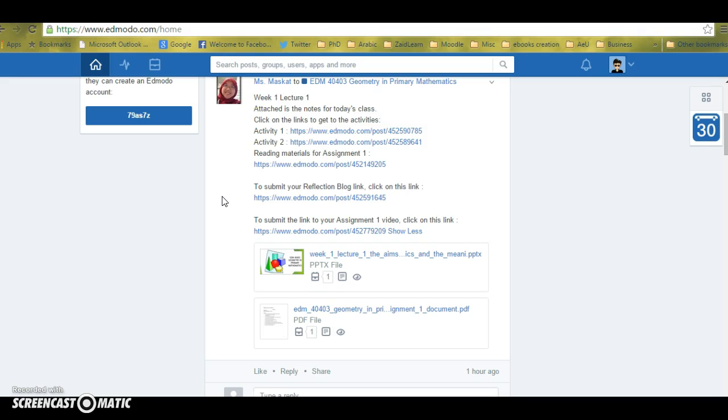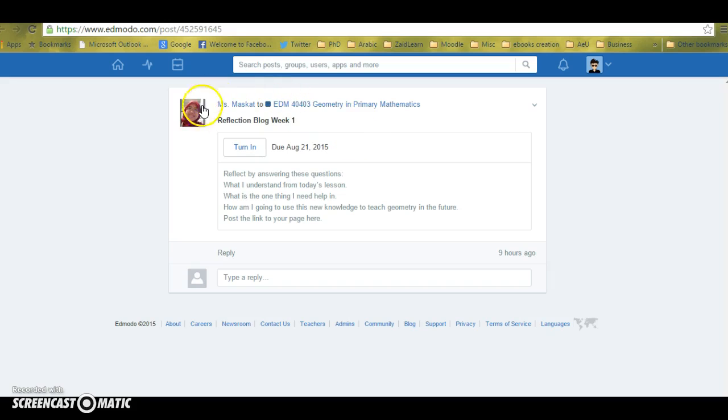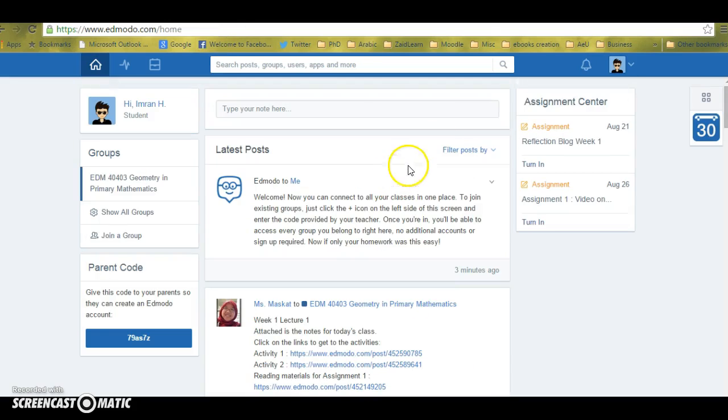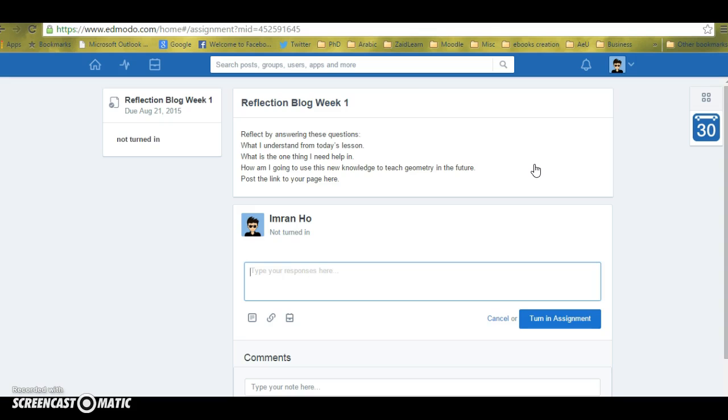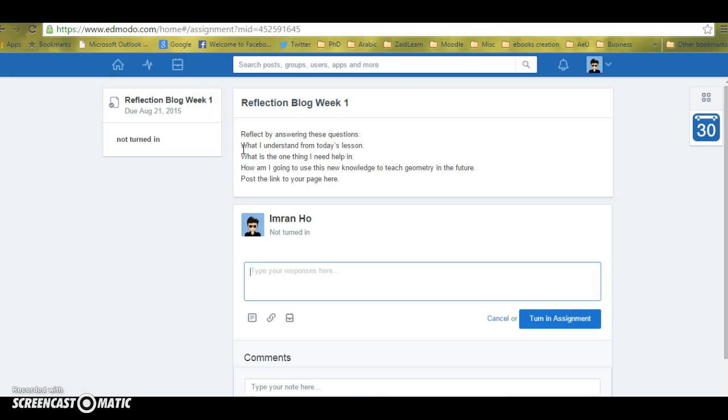Okay, so you can either click on the link like this, and you'll be taken straight to where you're supposed to turn in your assignment. Okay, or the other option is click on this under the assignment center, click turn in, and you will be taken directly to where you're supposed to turn in. Now if you use this, okay, you can click on turn in as well, and you'll be taken to the